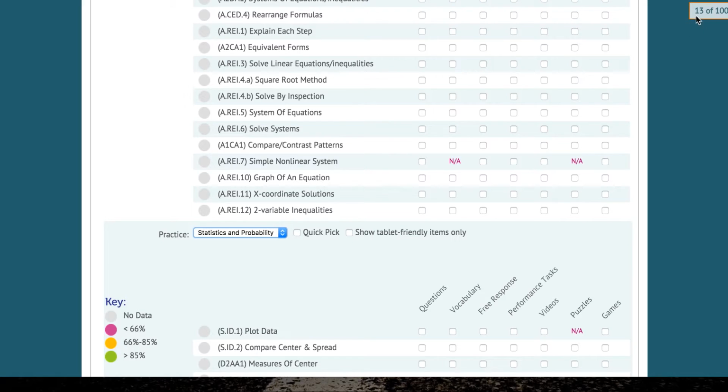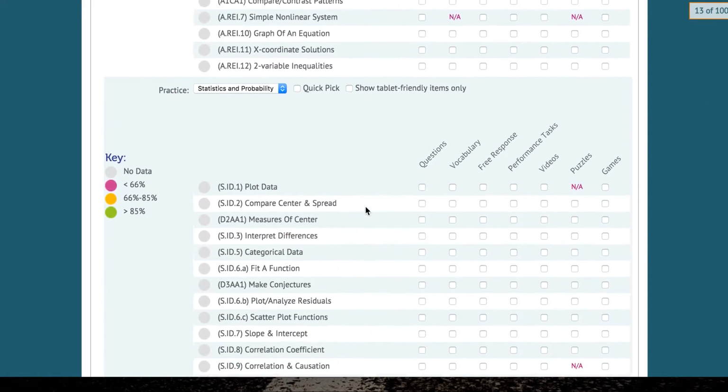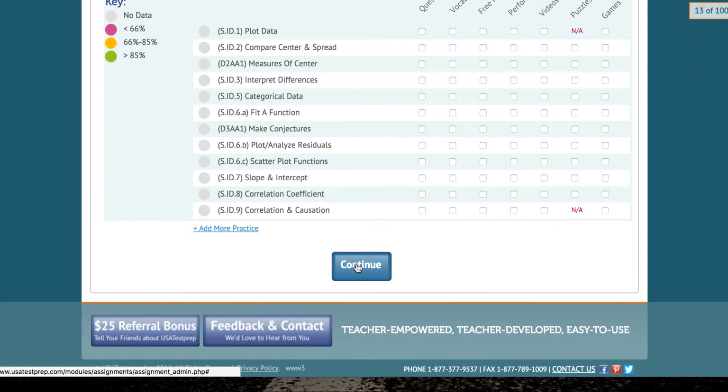Over in the top right corner, you do have something to help you keep track of how many assignments are in this group assignment. Right now, I can see there are 13. We have a limit of 100, and we may consider lowering that maximum, because when a student sees that many assignments as part of a group assignment, it can be a little overwhelming, as you can imagine. So I'm just going to keep it at 13 right now, and I'm going to go to the next step,